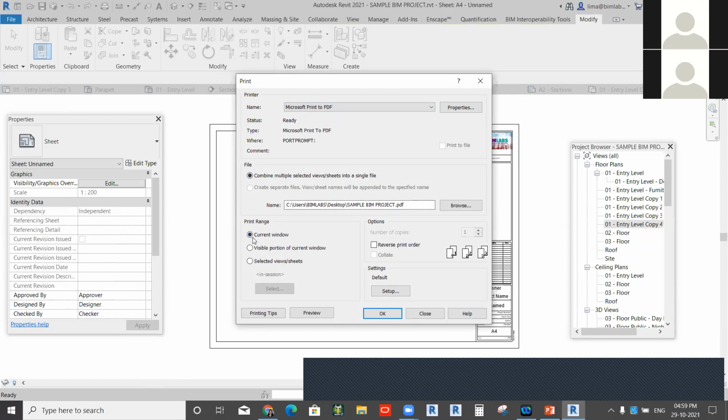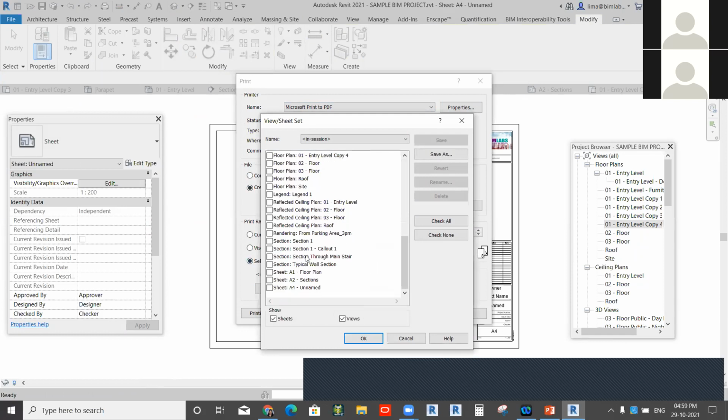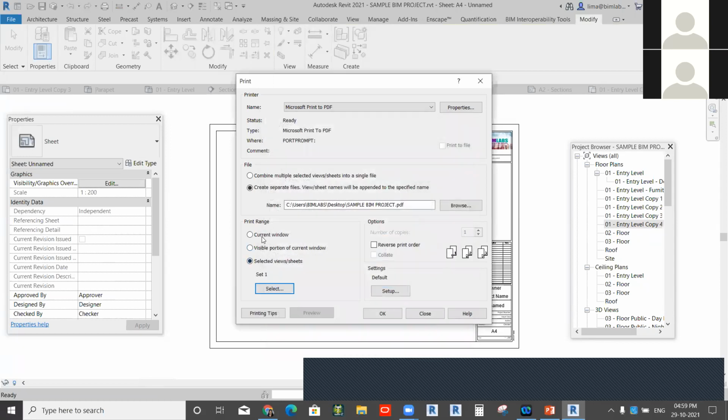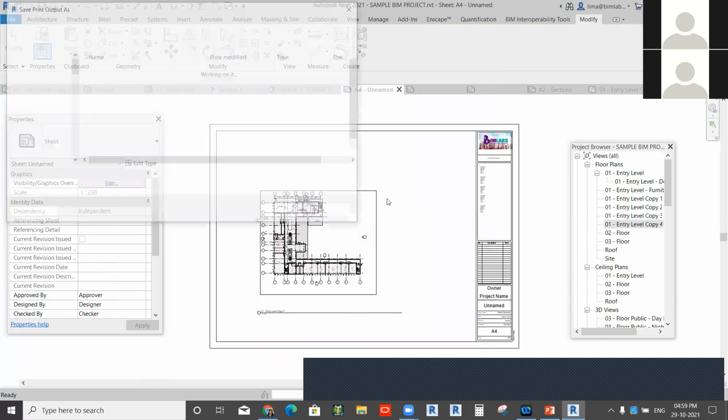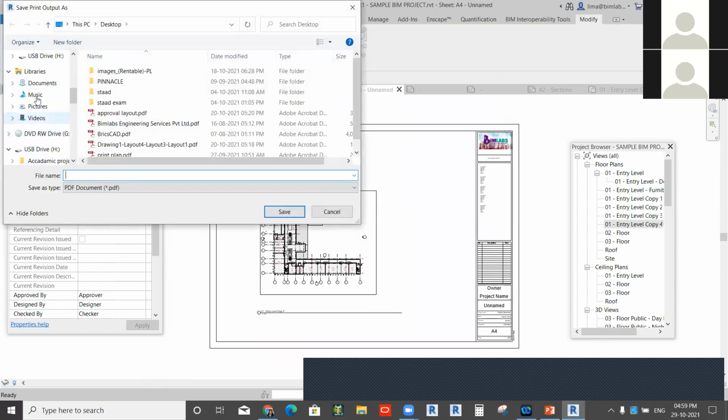So here I am only choosing the current view, or otherwise for any different sheets into a single one, you can go for the select option. That is the batch plot. You can set all the sheets into a single one. Here I am only setting my current view. Go to the next option. I'm renaming that one.